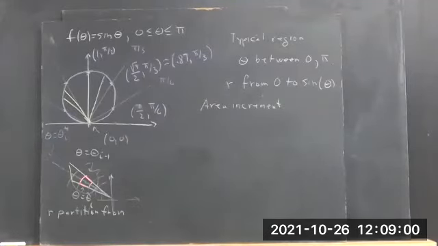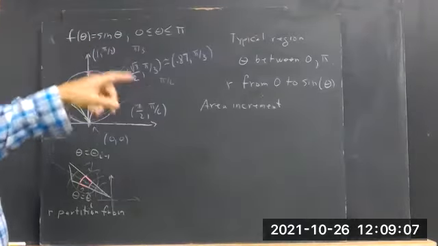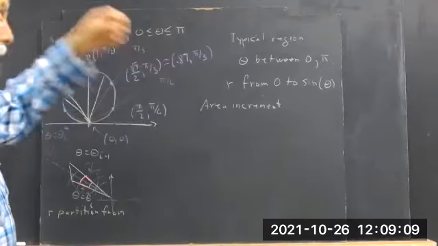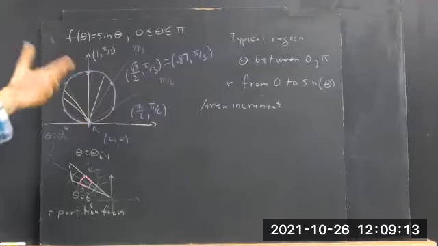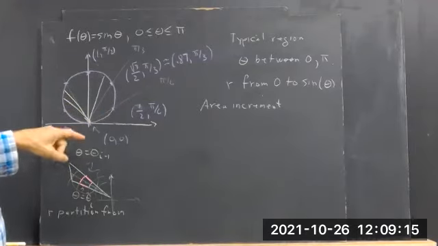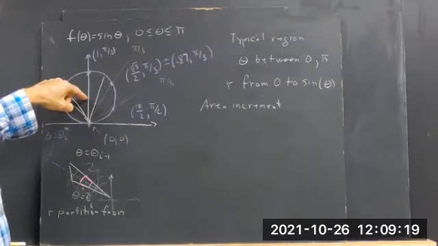Okay, we want to do an example of a polar integral. Let's just take f of theta equals sine theta, theta from 0 to pi. Now this is easy to graph. Turns out it's a circle of radius 1, the low point at the origin here, center that